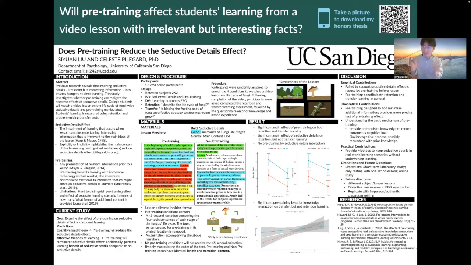Theoretically speaking, this study provides a more precise test of pre-training by trying to benefit learning by adding minimal additional content to the lessons. It also helped us understand the basic mechanism of pre-training by revealing that providing prerequisite knowledge did not benefit learners with higher prior knowledge. One possible explanation for this is that prior knowledge and pre-training benefit learners in the same way by reducing extraneous cognitive load when participants process the learning material, and are redundant with each other.